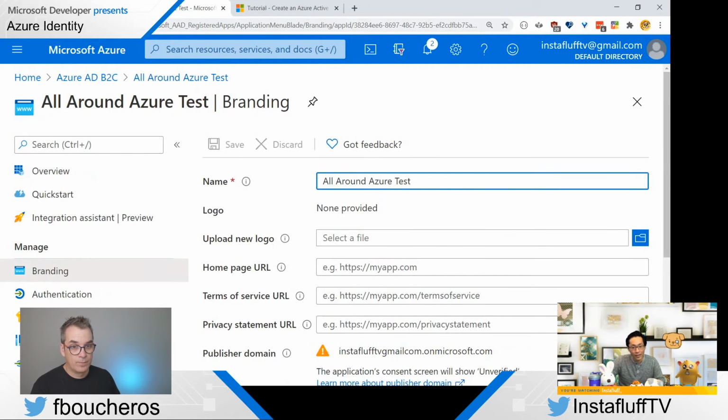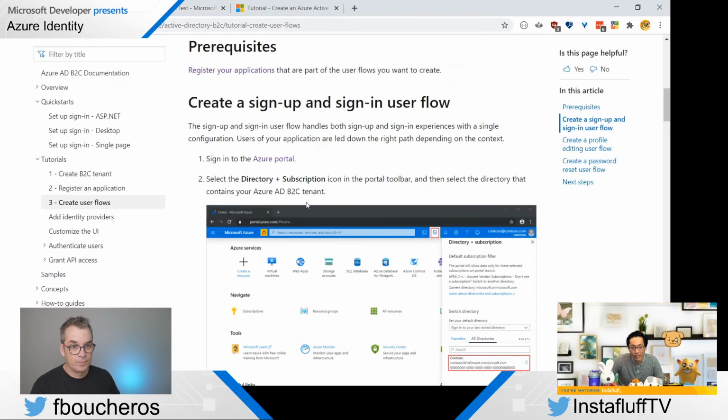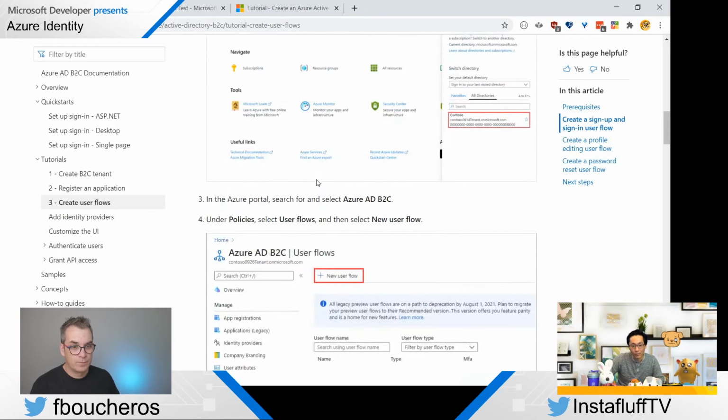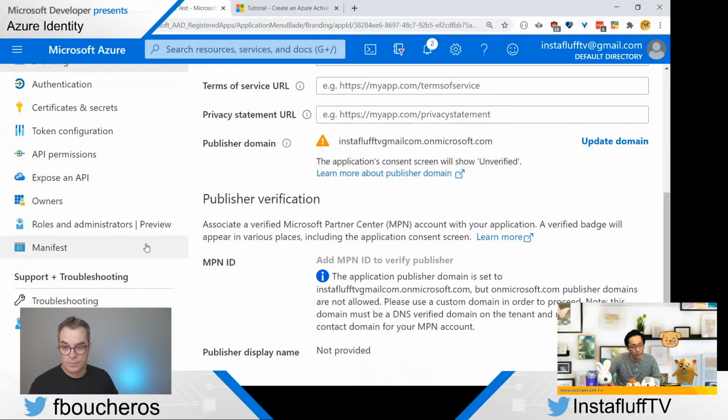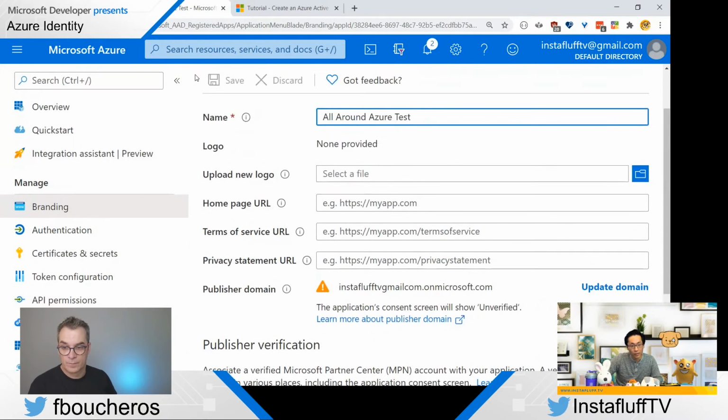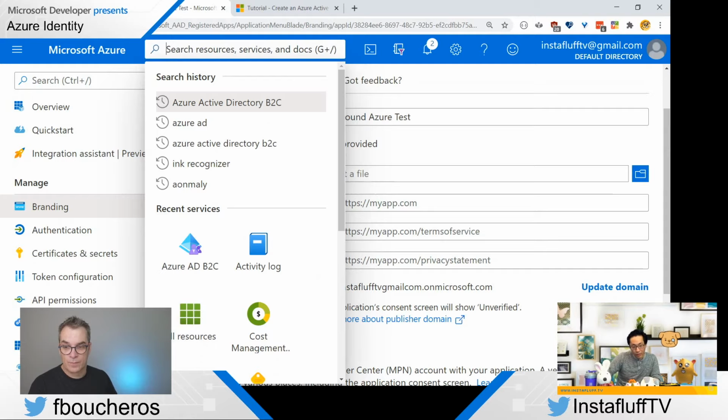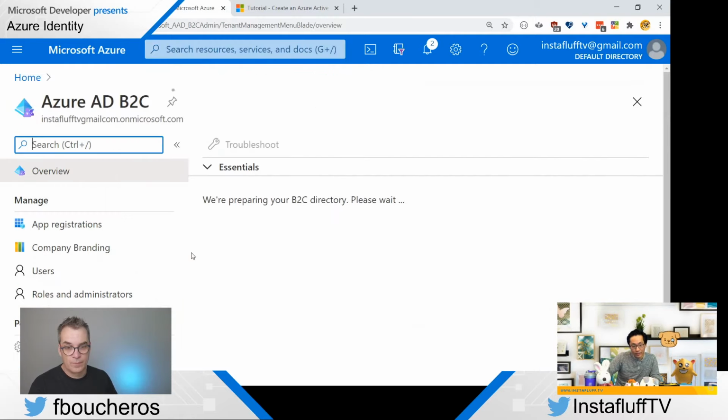And then now we need to find the user flow. So we have to select the directory plus subscription icon, and then we have to go to policies, and I think that's it. So let's see. I think I have to go to all resources. Oh, I think it's this.